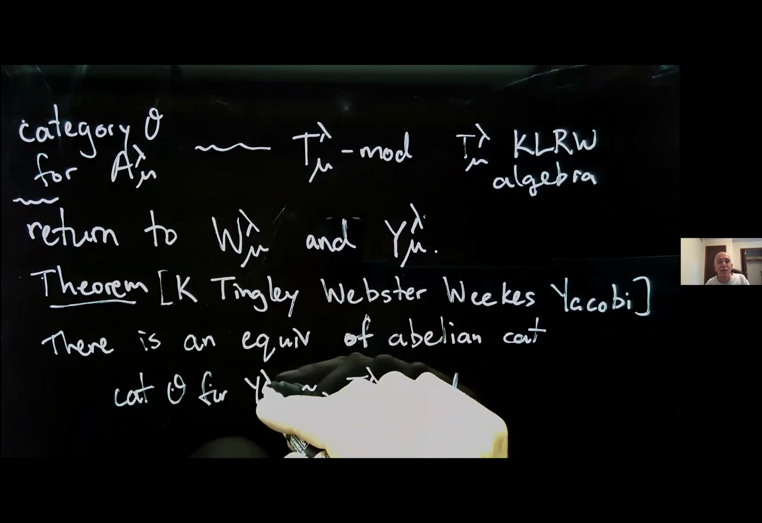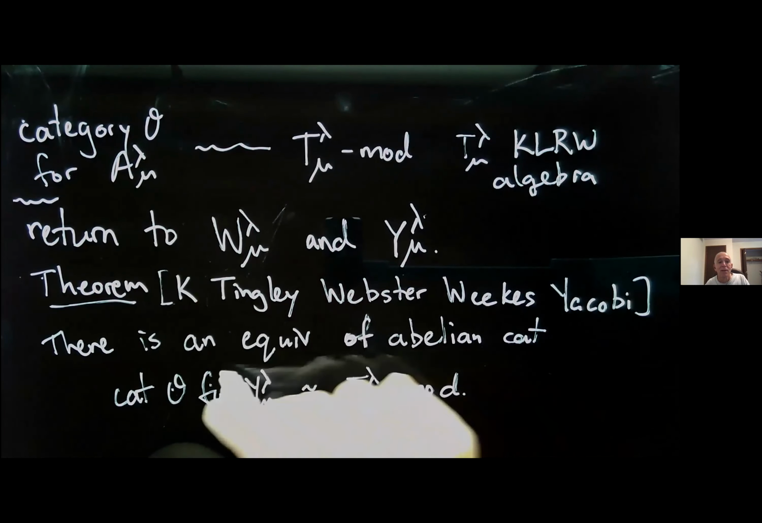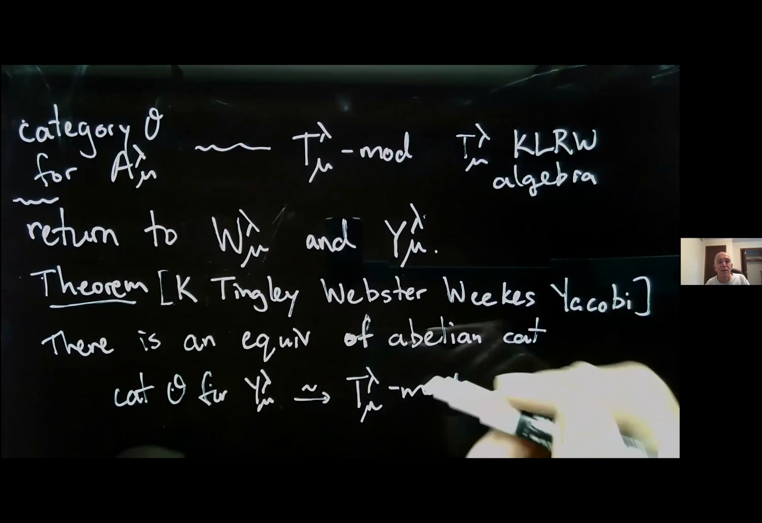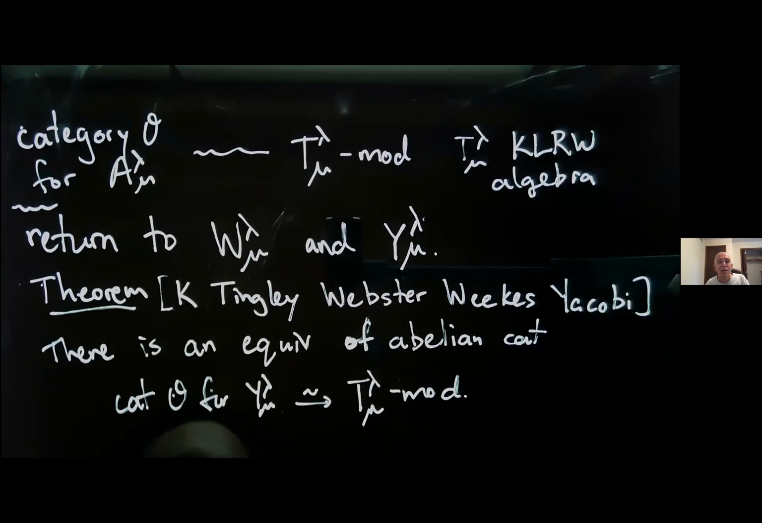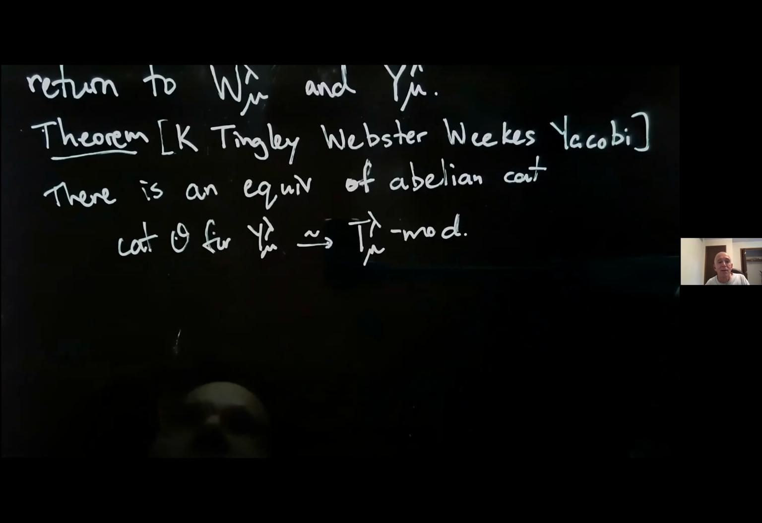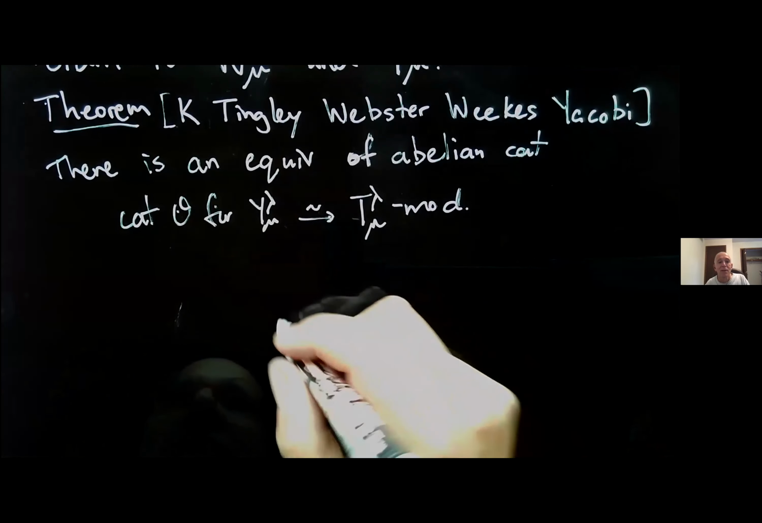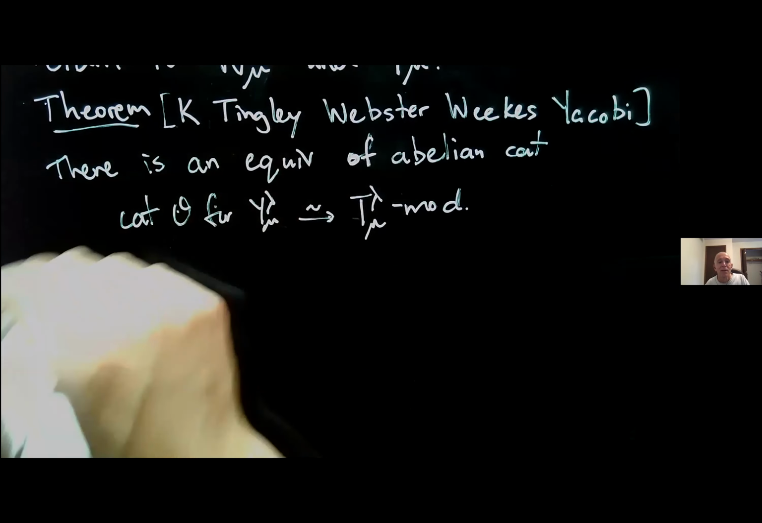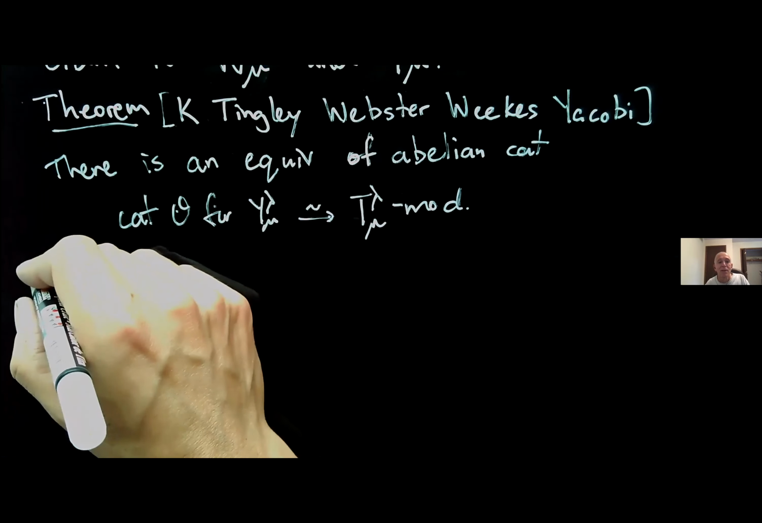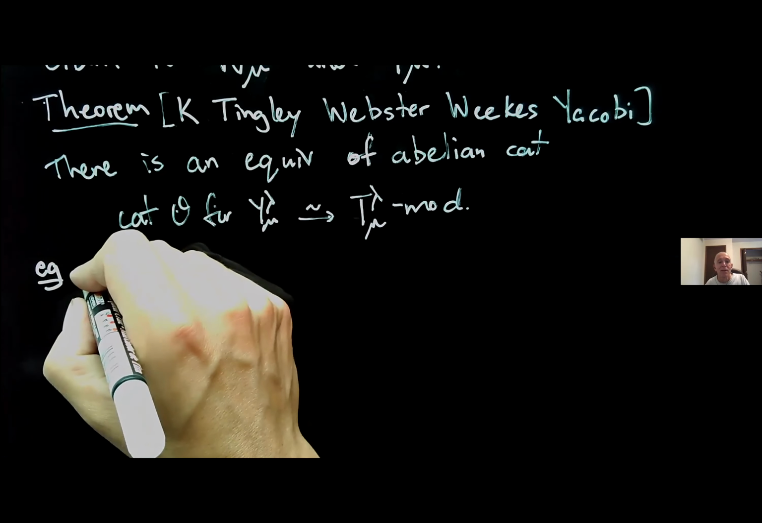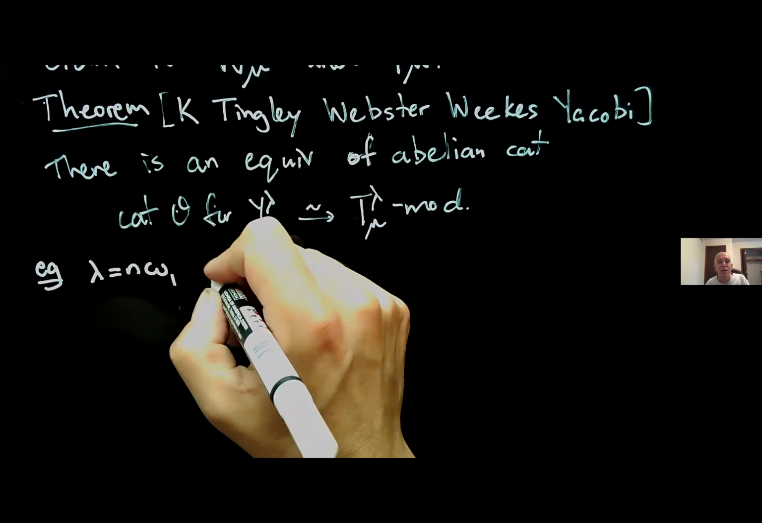And somehow if you don't think of this thing as related to a Coulomb branch algebra, you probably won't think about this equivalence. Okay. So what's interesting about this theorem, well, there are many interesting things about this theorem. One special case, I'll just mention to demonstrate the power of this theorem: we take lambda to be n omega 1, and we take mu